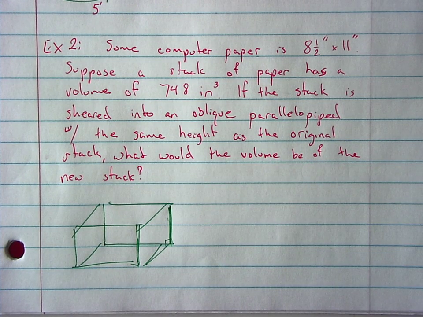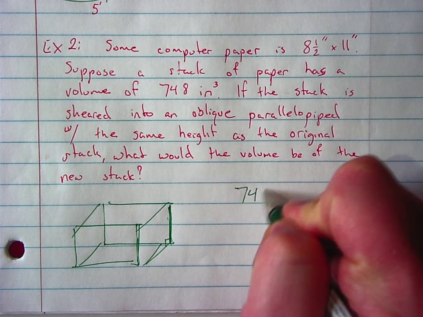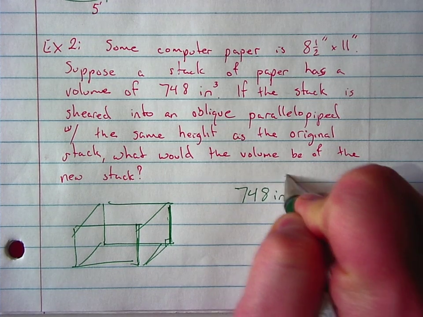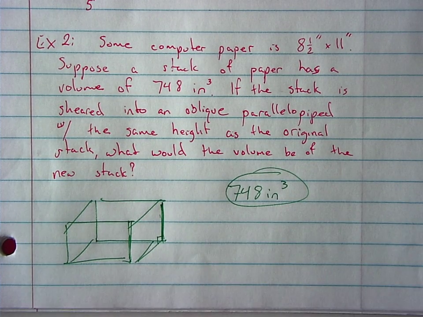And we tilt it over. How much does the volume change? The volume doesn't change. This is the last principle. The answer is 748 cubic inches, and we're done. If we were going to show work, which I do like showing work, we would write